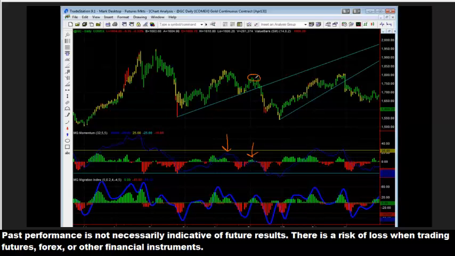So this is fair value, and that's fine. That fair value can be a very good place to sell or buy, depending on what momentum's doing. So there's nothing wrong with that. But this is the type of thing you want to look for with trend line breaks. If we're playing this trend line, connecting a bunch of lows here, we're anticipating a breakdown, and on a daily basis we're in fair value. You'd probably find a few moderately overvalued price points on the 60s, 120s, or 240s in this area, and that might be where you want to initiate a short. And those can be extremely low risk situations in anticipation of a potential breakdown here.